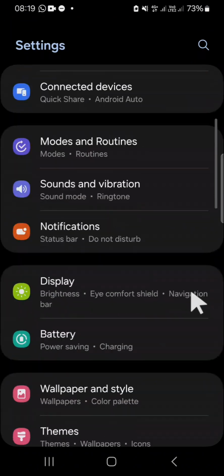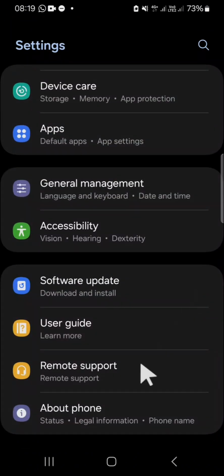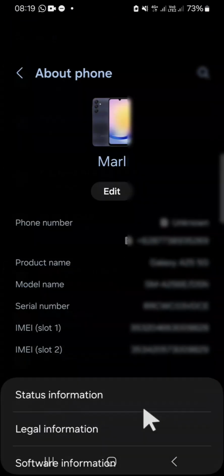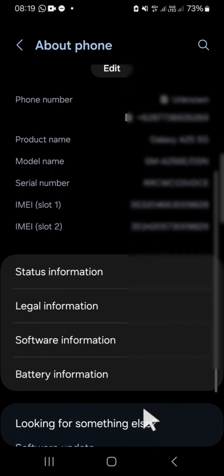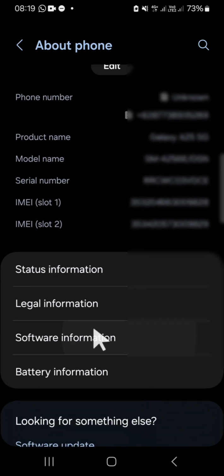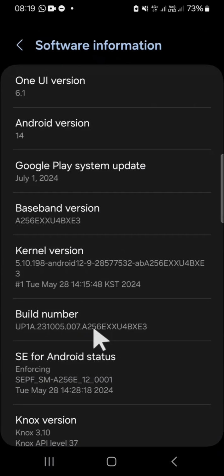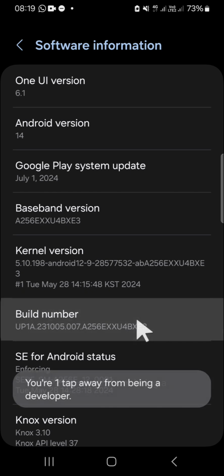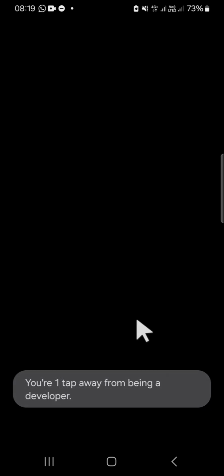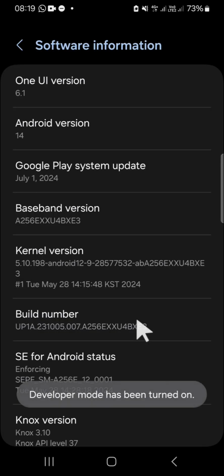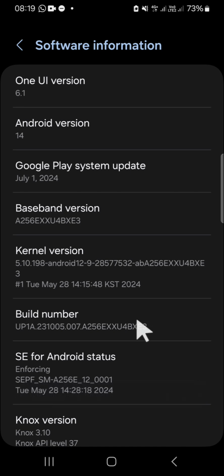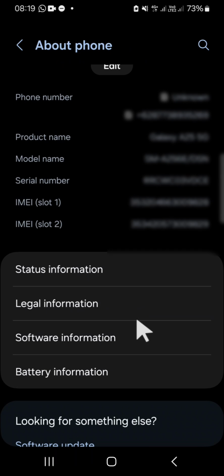Alright, and after that we're going to scroll down until we find the About phone option. Click on it and go to Software information. Then you can tap on the build number many times until developer mode is active. You can tap on it like that. Okay, and now developer mode has been turned on, and I'm going to go back to my main settings